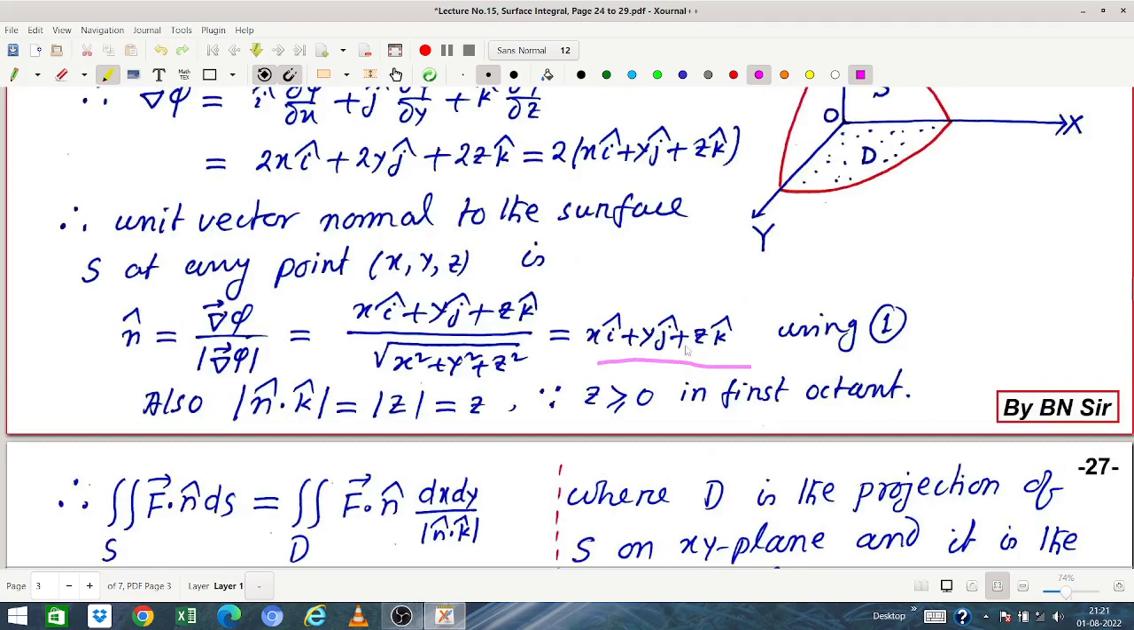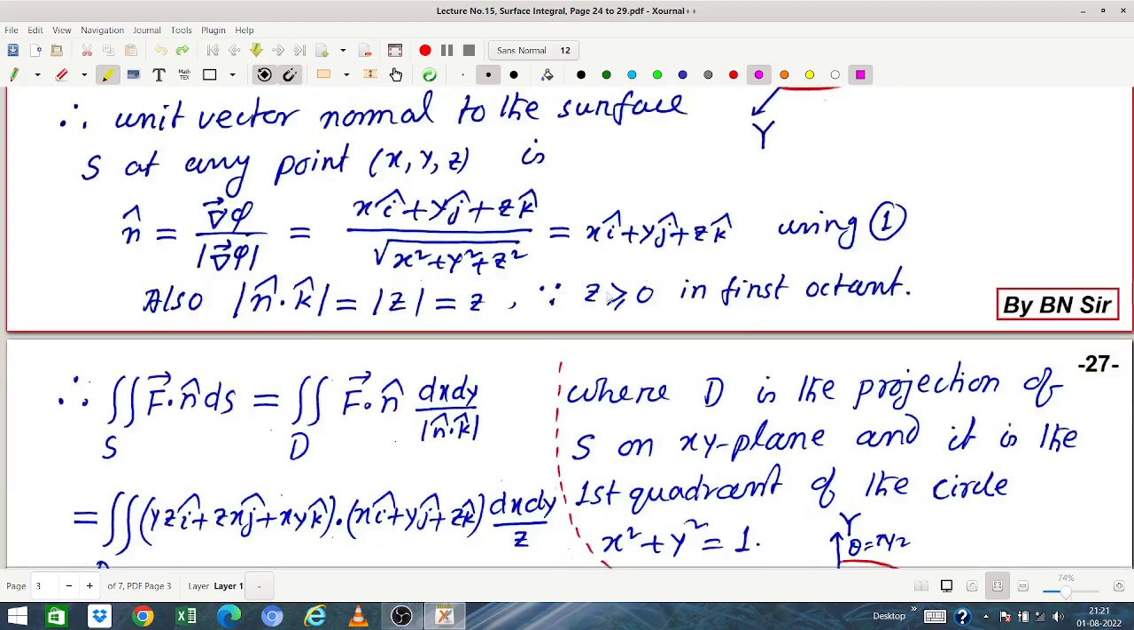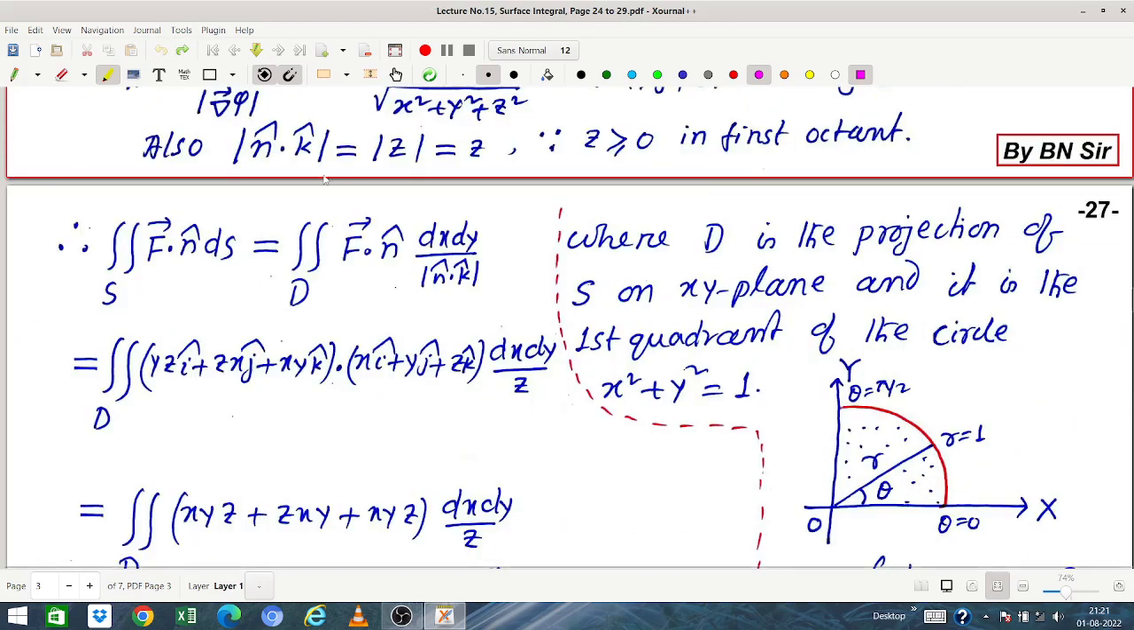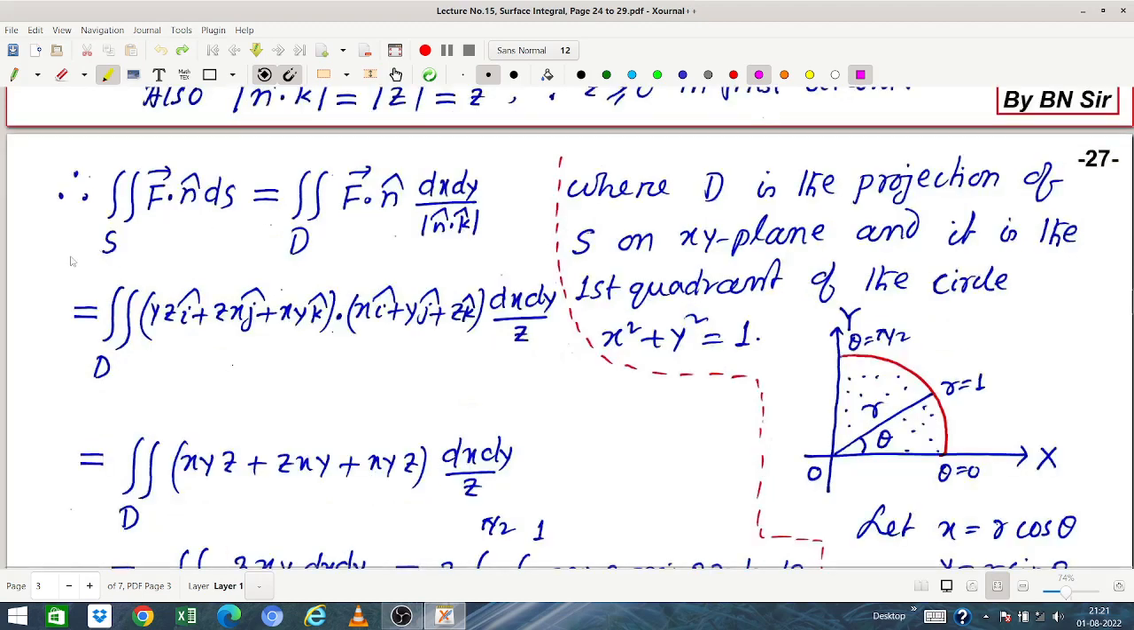If I take the dot product with k cap, it will be z. So mod z is z because z is always non-negative in the first octant. Our region of integration, or surface, is in the first octant, so mod z means only z. Therefore our surface integral is equal to the double integral over D of f dot n cap dx dy by mod n cap dot k cap,